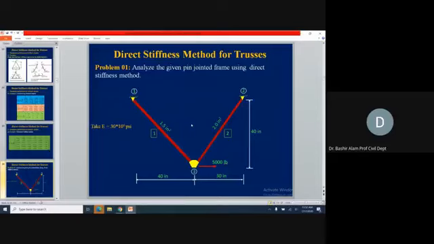Next, now we take an actual problem. अब एक्चुअल प्रॉब्लम को हम कर लेते हैं। ये क्या है, analyze the given pin jointed frame using direct stiffness method. नाउ टॉप पे हम क्या देख रहे हैं, जॉइंट 1 और 2 देख रहे हैं। लेफ्ट को जॉइंट 1 हो गया, राइट को जॉइंट 2 हो गया, बॉटम पे जॉइंट 3 हो गया। जॉइंट 3 पे अगर अब आप देख लें तो राइटवर्ड डायरेक्टेड 5000 पाउंड का लोड लगा हुआ है। वर्टिकल क्या है इसका हाइट, it is 40 inches from 1 to 3।